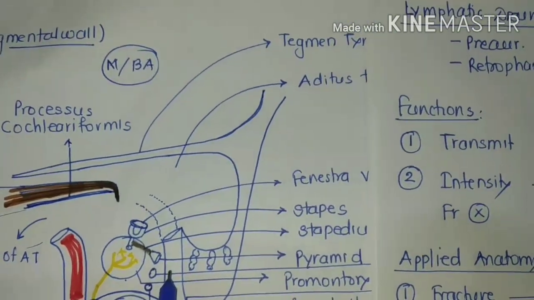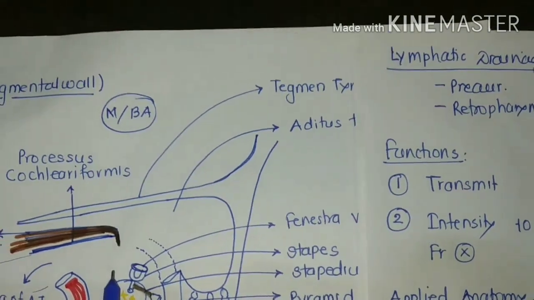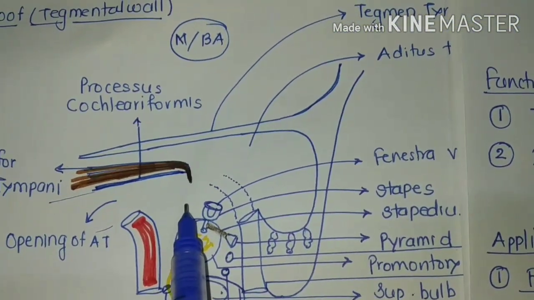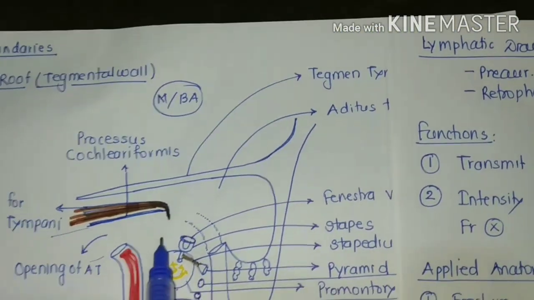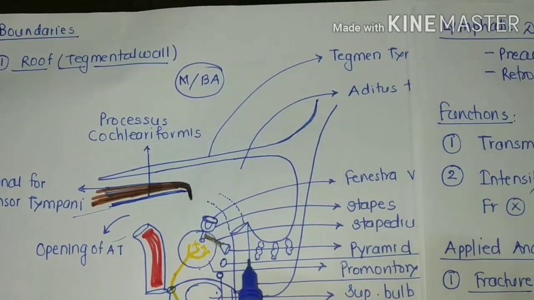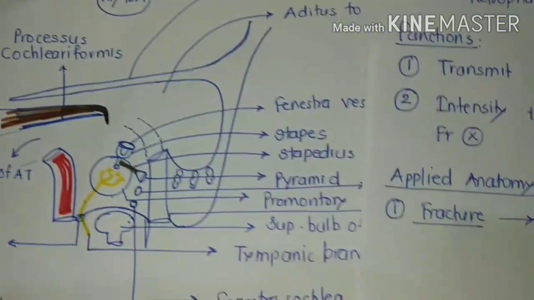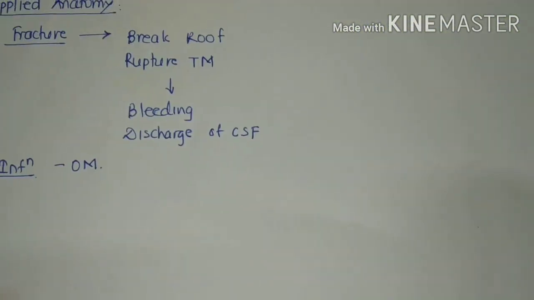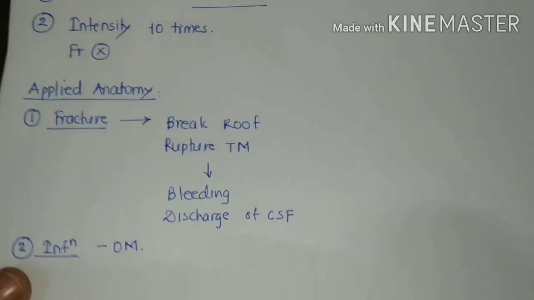spread to the facial nerve, causing facial palsy. And finally, it may go deeper in the medial wall to cause labyrinthitis, which will cause vomiting and vertigo. Clear? Now we have seen that it may cause mastoid abscess. Now chronic otitis media and mastoid abscess are responsible for persistent discharge of pus through the ear.